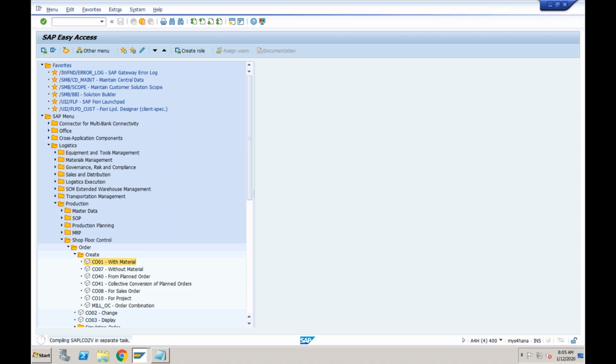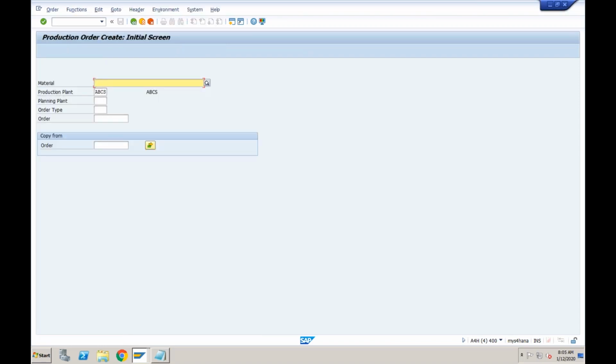Let's double click. So production order means what? Production order means you are telling the system that we are going to manufacture this material in this plant, this much quantity. So the system is asking you which material you want to produce at what plant. So we want to manufacture desktop,